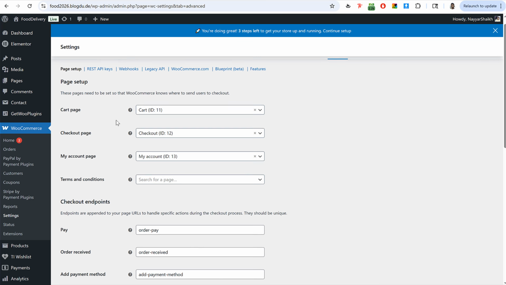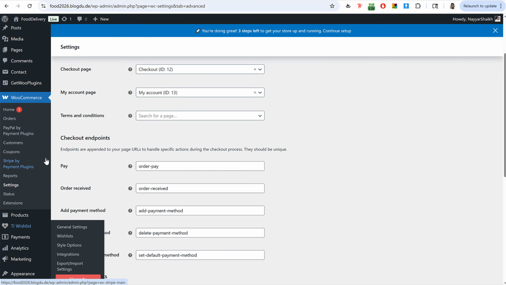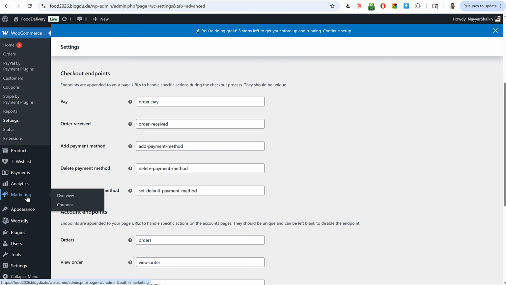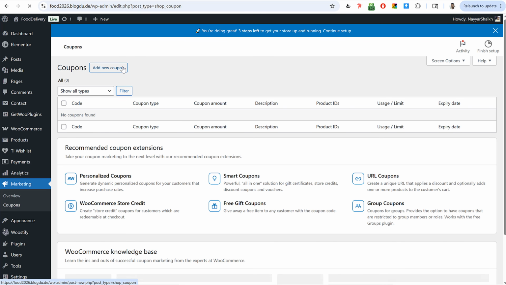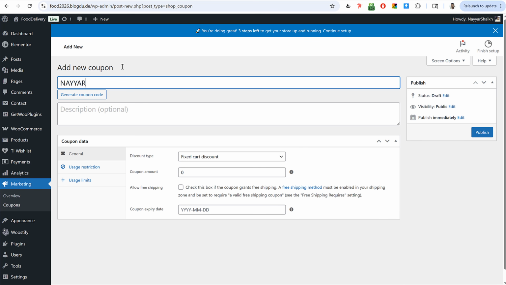Now if you want, you can do one thing. Coupons are really important for these kind of website. So to create a new coupon, you can simply select this option. At the left hand side you will see marketing option. Under marketing you will see coupons. Click on that. To create a new coupon, we click on add new coupon option,